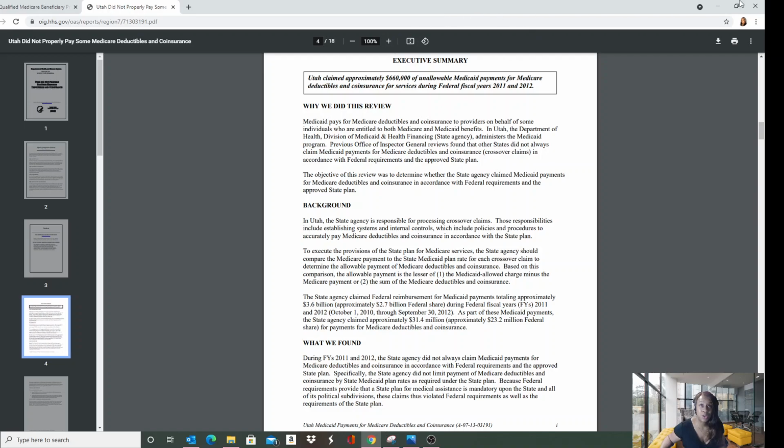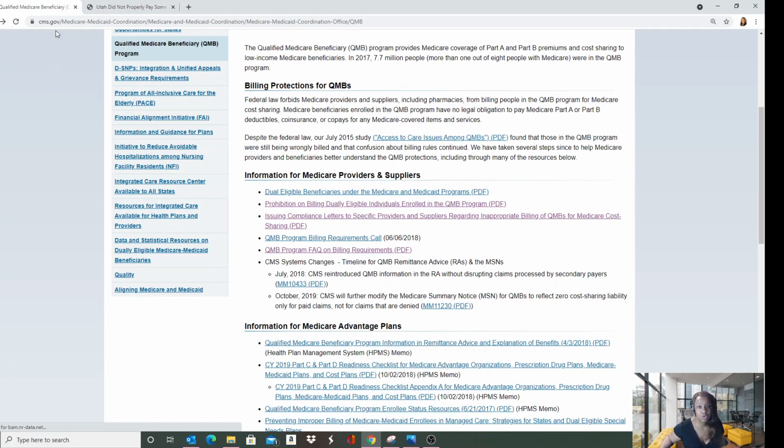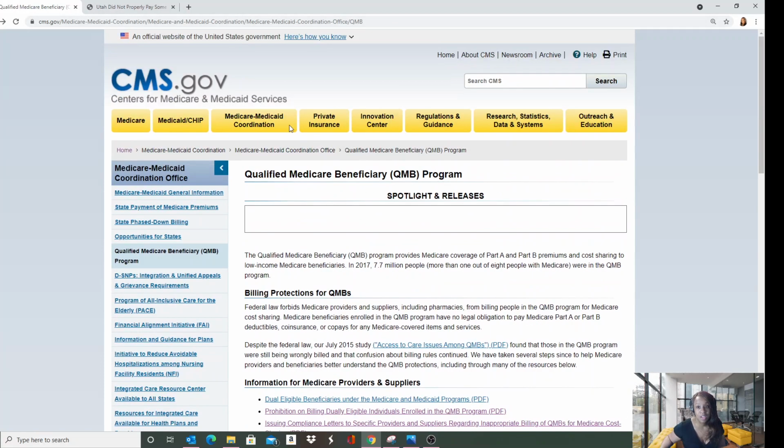And I find that interesting. Like, why don't they? Because we get so used to them not doing what they're supposed to do that we never tell, and they continue to do what they're not supposed to do. And anything that has to check itself will not be checked properly. So this is, again, the resource for you. You want to go to your cms.gov. If you just Google CMS and QMB, it should take you to the landing page for the Qualified Medicare Medicaid